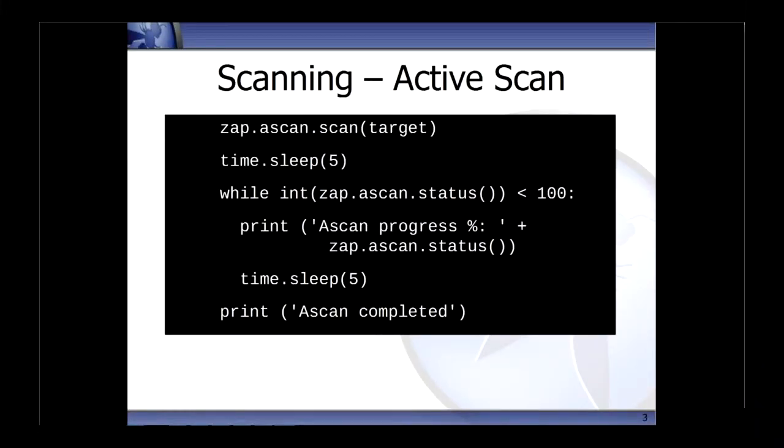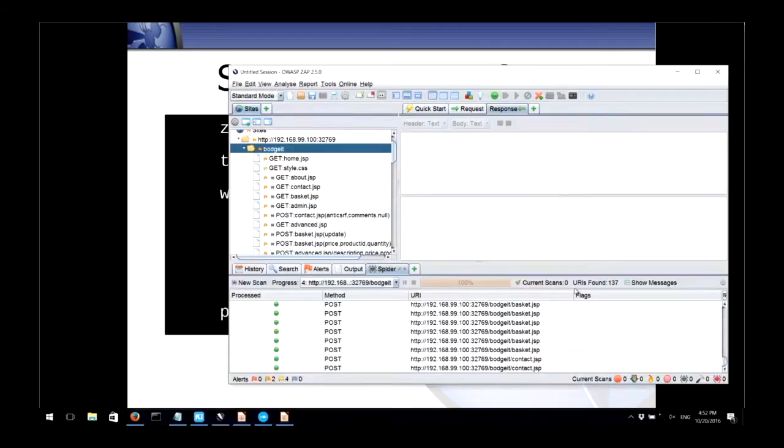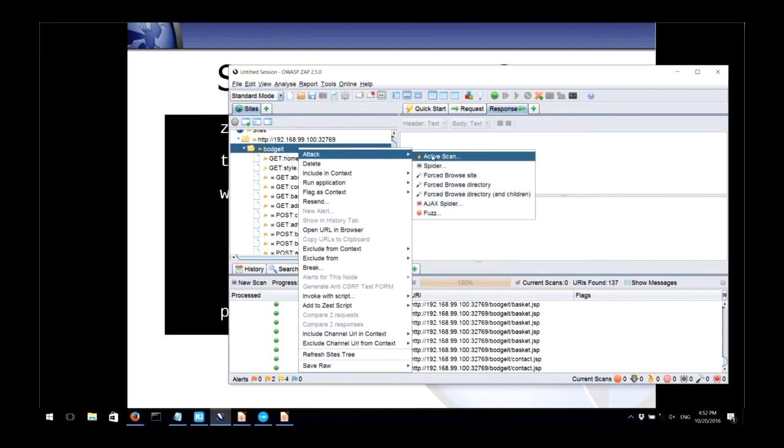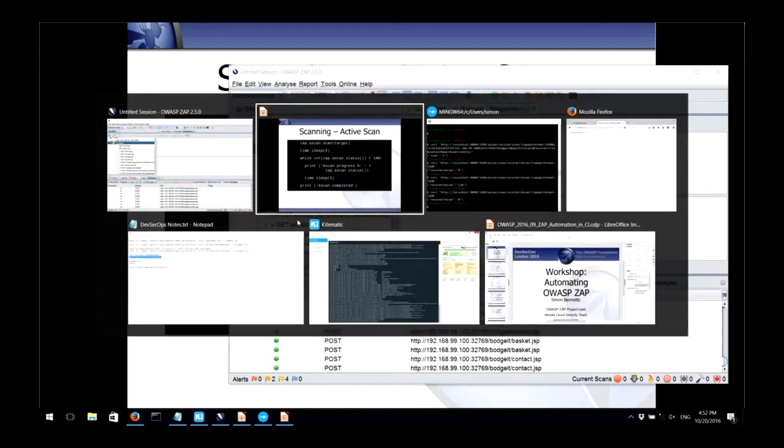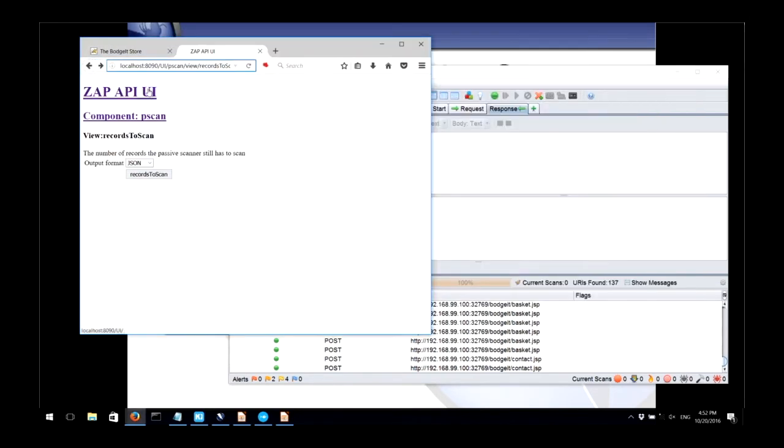Active scanning is similar to spidering, so we do get a progress, and it's very simple. So it's ascan.scan, and I'll show you this. Again, from the UI, we do attack active scan, and without the advanced options, you just give a starting point. Now, I'm not actually going to kick this off, but you can see we've got things like the policy, context, user. But what I want to do is go to the UI and show you the